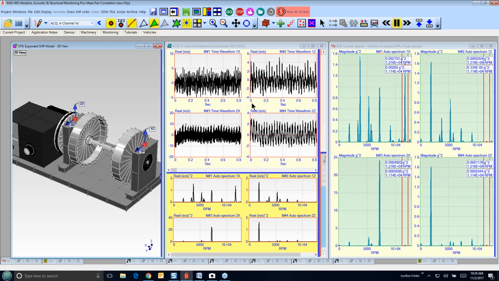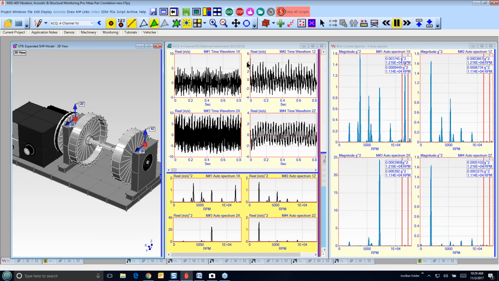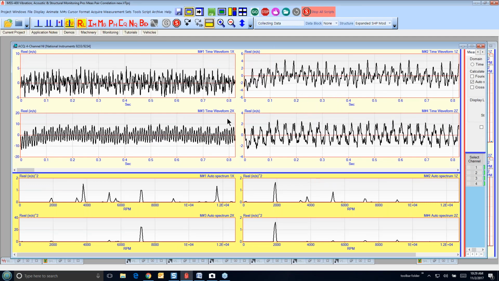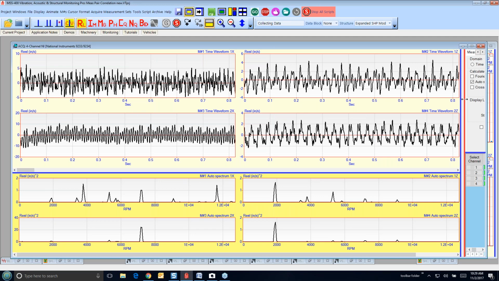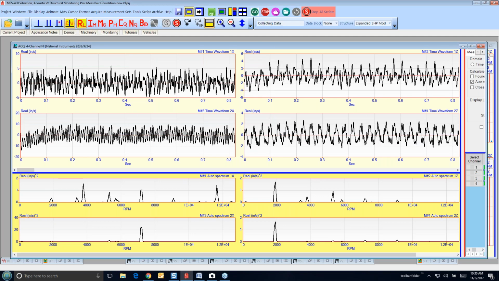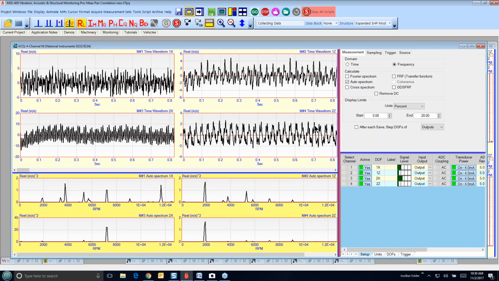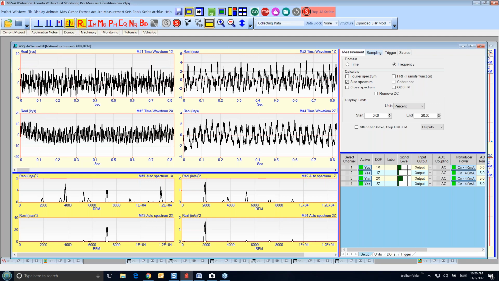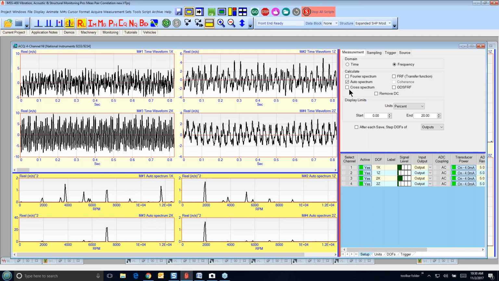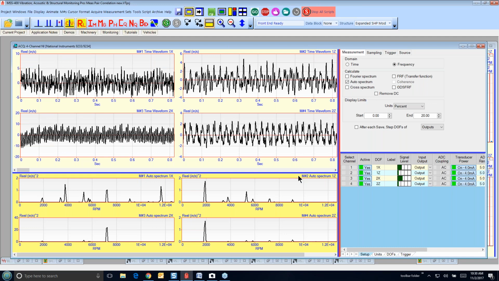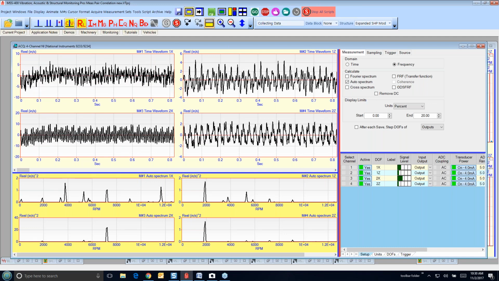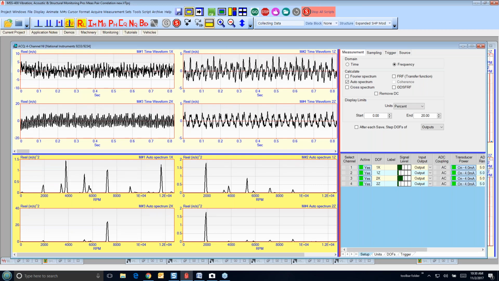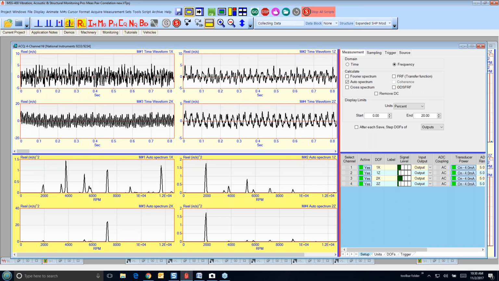On the top here, this is the acquisition window. In the top of the window, let me just make this large and we can take a look, is the 4 accelerometer signals. And let me just show you how we set this up. Once I set it up in the acquisition window and save it, then all these parameters, when I open it, are still there. So this is an auto spectrum that we're computing down here in the bottom for measurements. They're being computed from the vibration signals that are coming in from the acquisition front end.